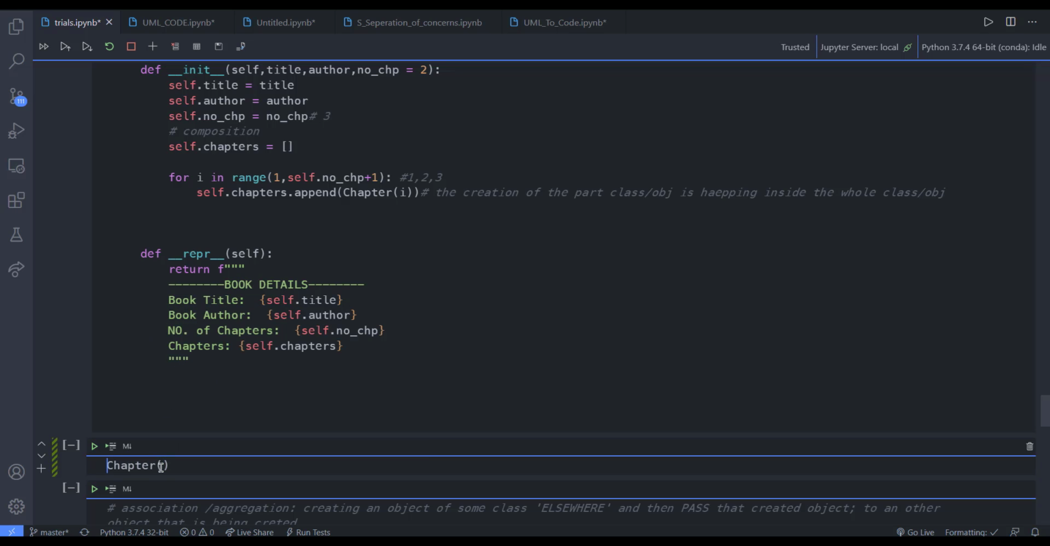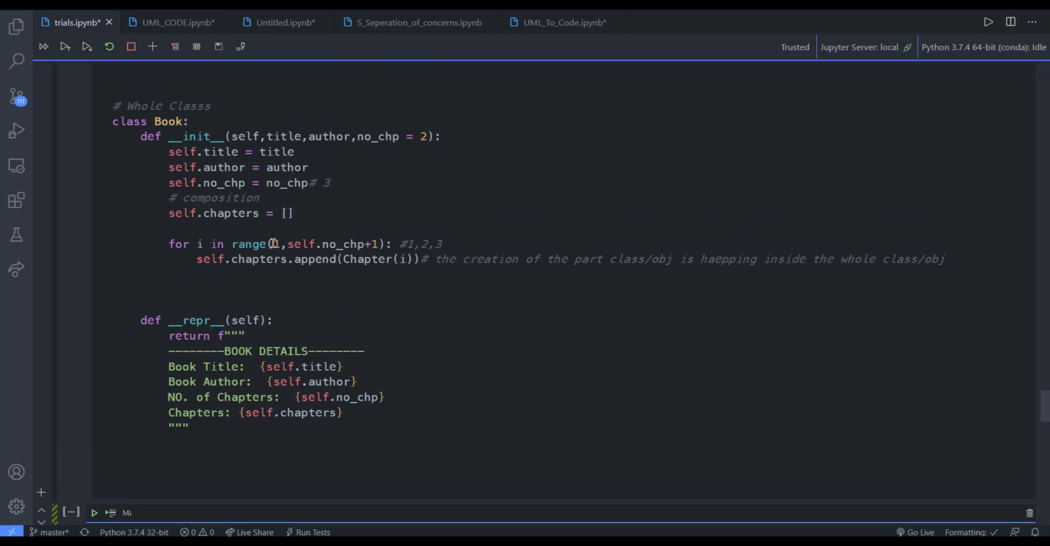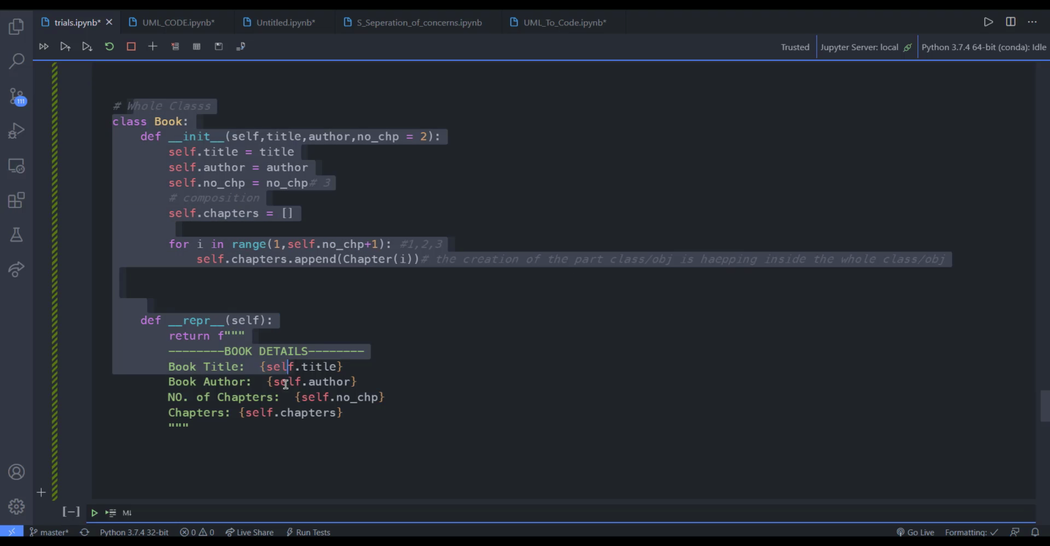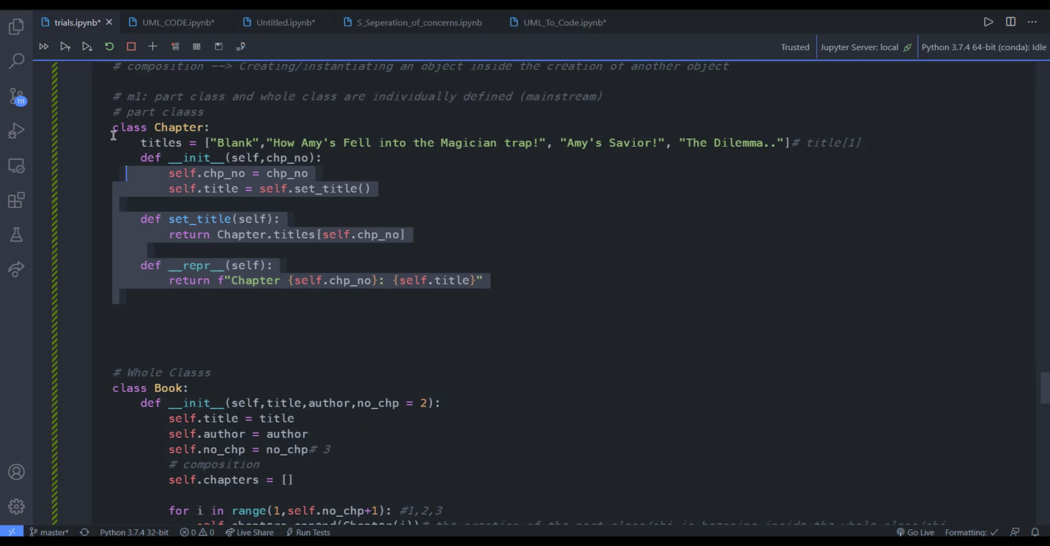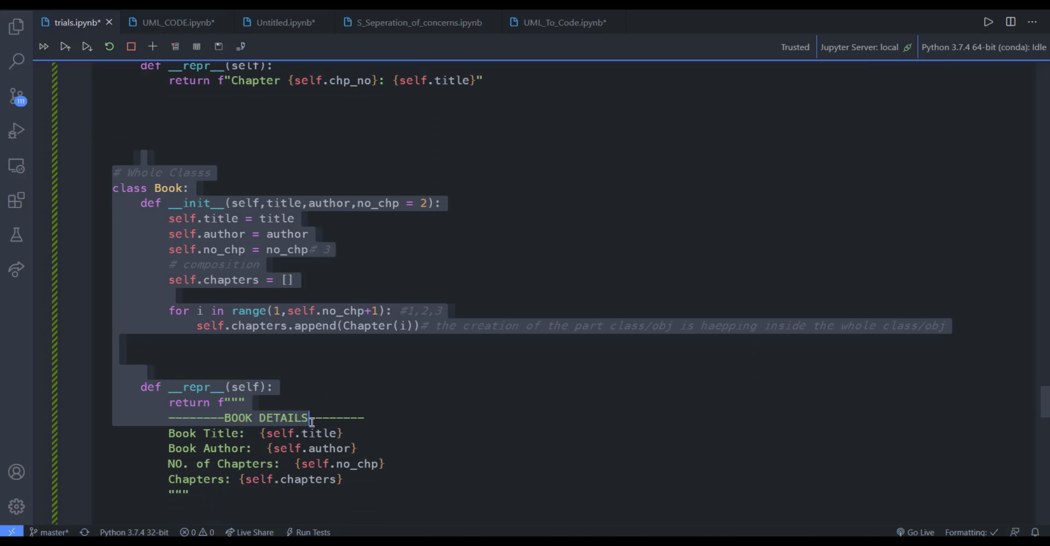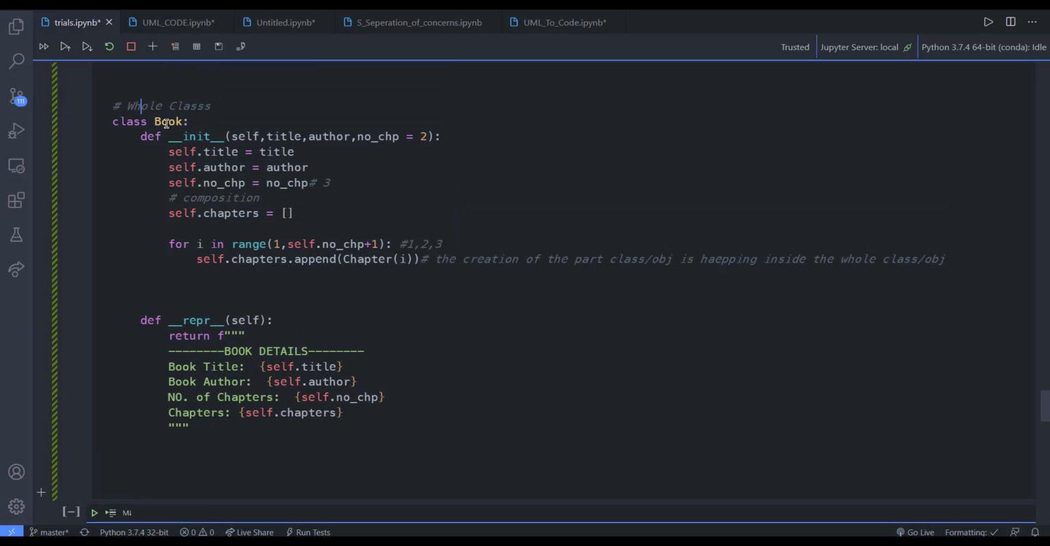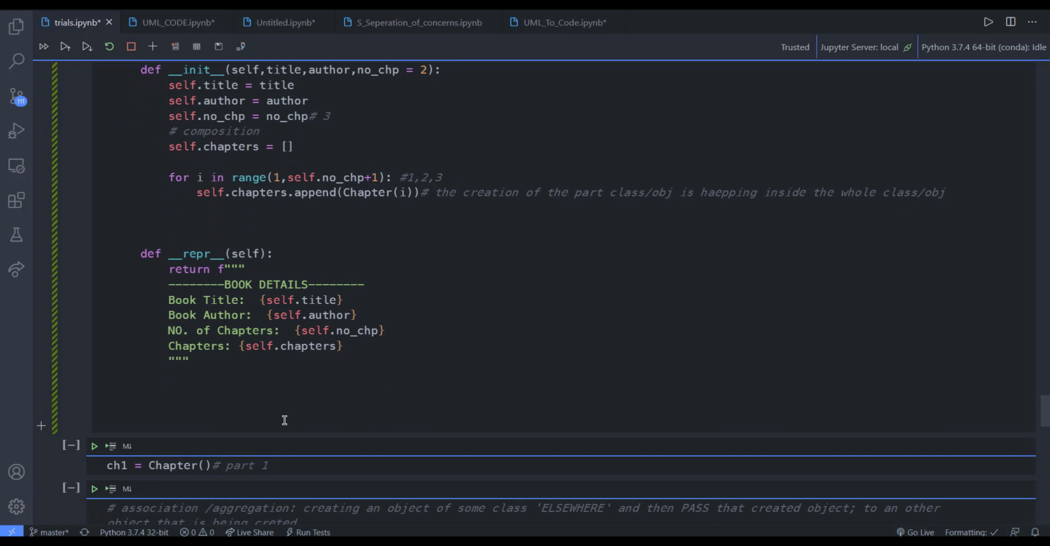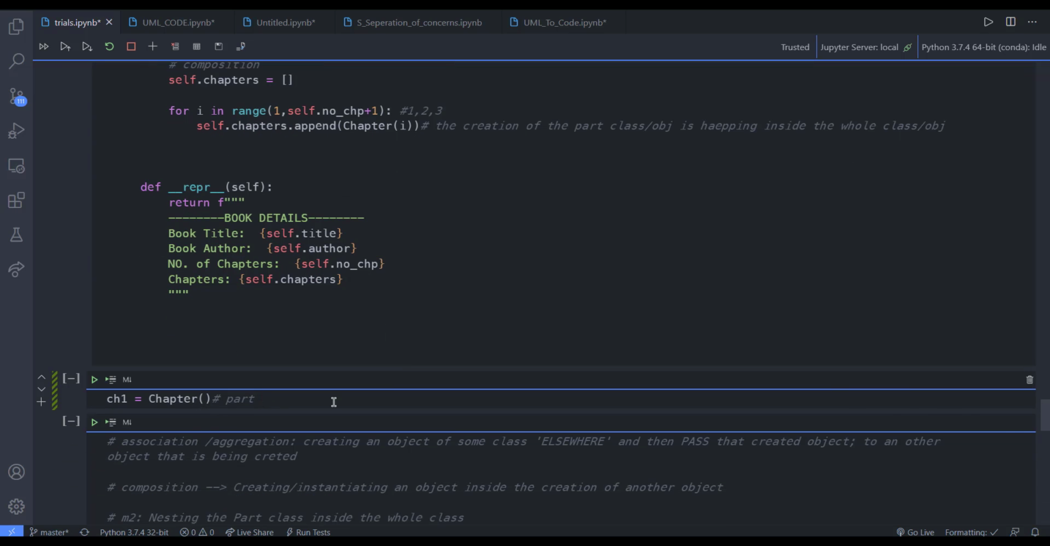Creating the actual chapter, which is the BART class, actually violates the composition concept, which is that the BART should not be created individually. The BART should only be created from within the whole. So with the whole being created, the BART should be created as well at the same time. Okay? So from a developer perspective,